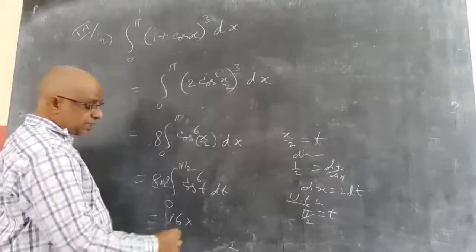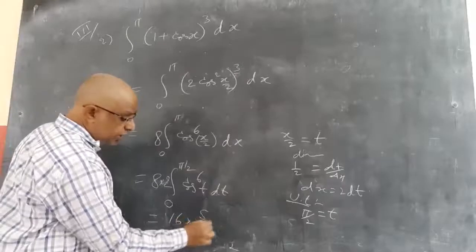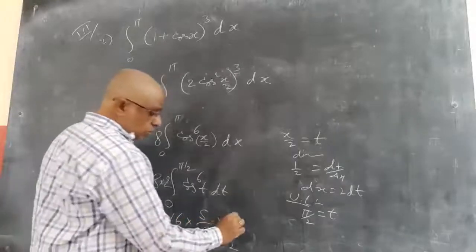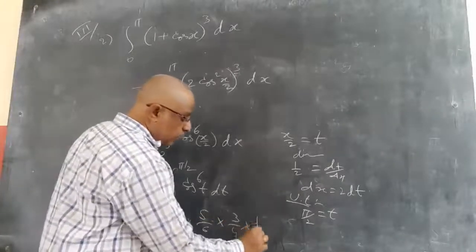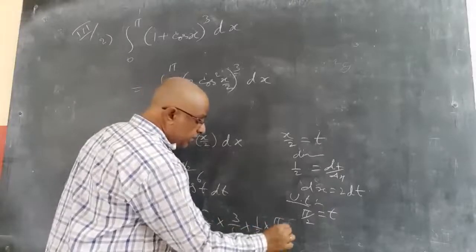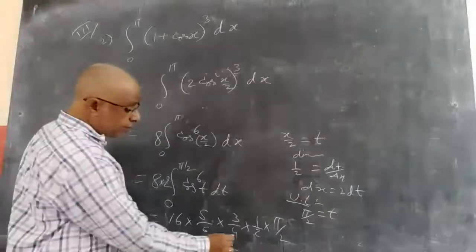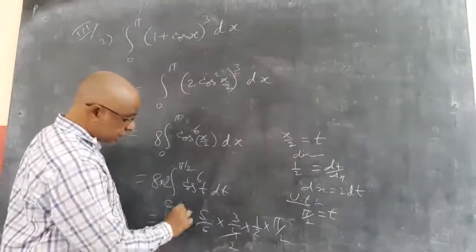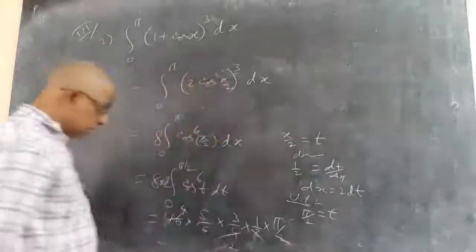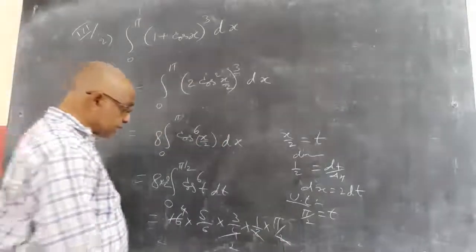Cos power 6 formula. So that is 6 minus 1, 5 by 6 into 3 by 4 into 1 by 2. If you get 1 by 2, keep pi by 2. So simplify if you can. So I can cancel 4 into 16, and this 4 and 2 get cancelled. Any more cancellations if you can, you do better.